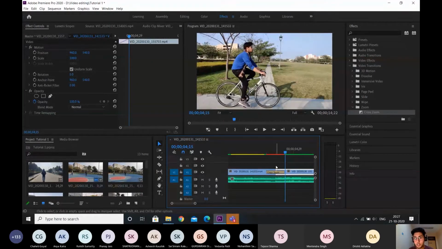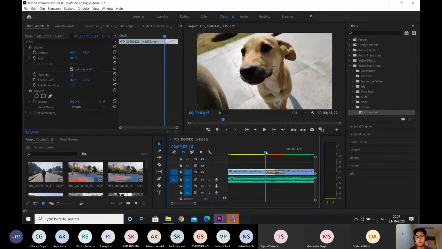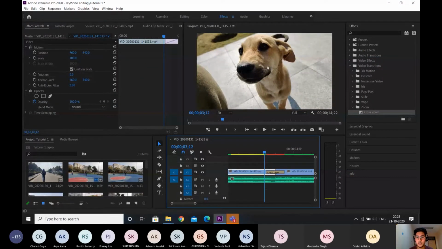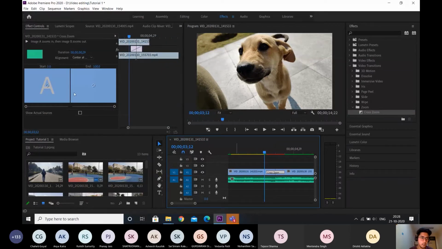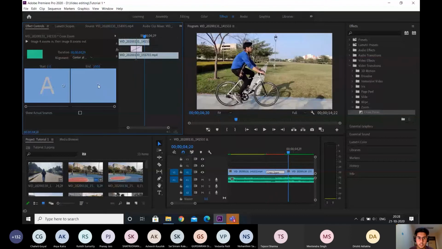Now you can make changes to this transition as well. If I click on this, it gives us these weird boxes with circles inside of them. So what do these mean? These give you points where you want to zoom into the video. Suppose in this video I do not want to zoom onto the face of the dog, I want to zoom somewhere over here on the side. So if I click on this cross zoom and select the circle, I put it to the side over here. So now it will zoom somewhere over here. And suppose in this video I want to zoom out from somewhere over here. So I'll click on zoom and drag that circle to the side.